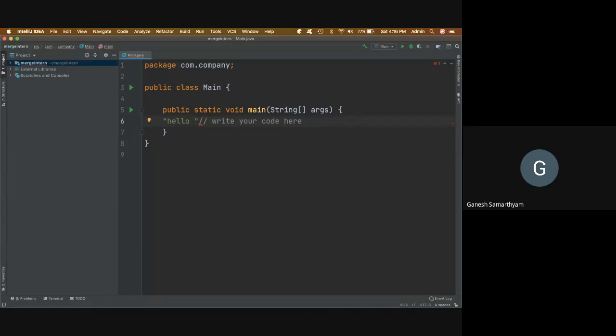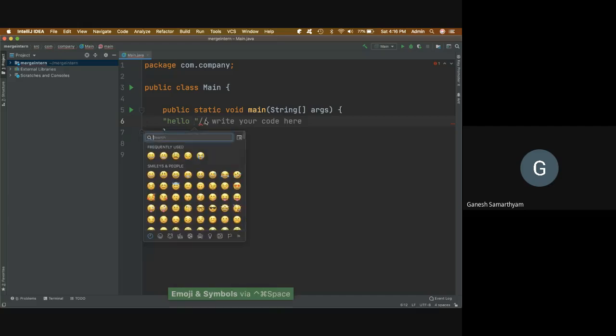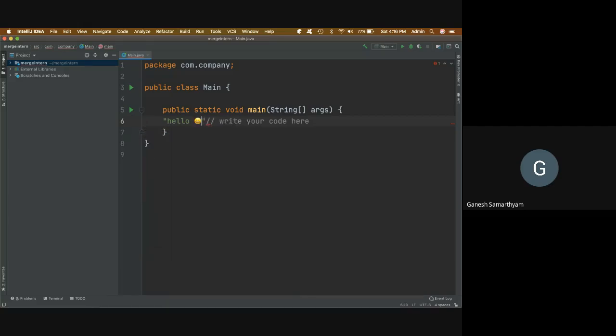The first one is a light-hearted one. I am doing Control Command Space and inserting an emoji. I bet nobody would have tried this before. IntelliJ IDEA has some very cool, maybe silly features. There are many interesting features that you will discover.